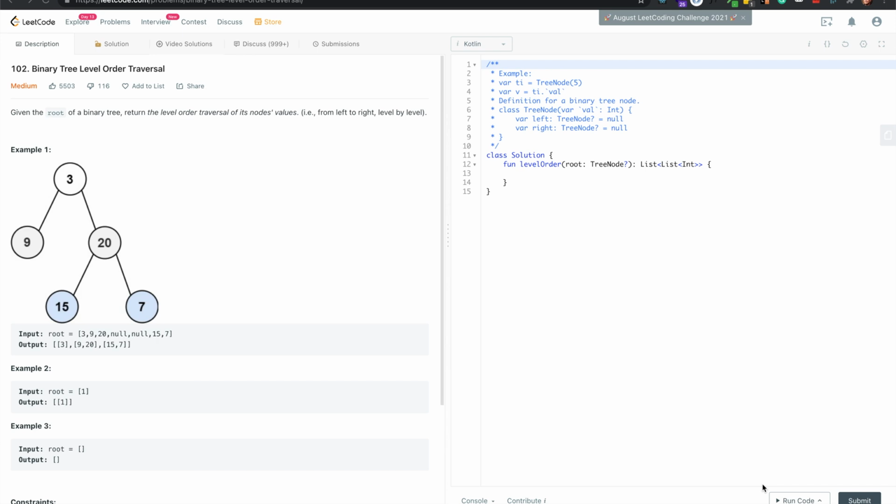Binary tree level order traversal on Leetcode. It's a medium problem. But yeah, if you're familiar with binary trees, it shouldn't be that bad, really. So basically, you're doing a breadth first search or level order traversal,